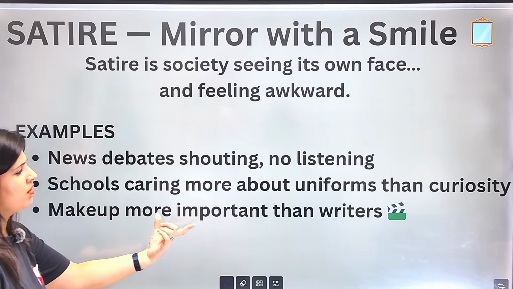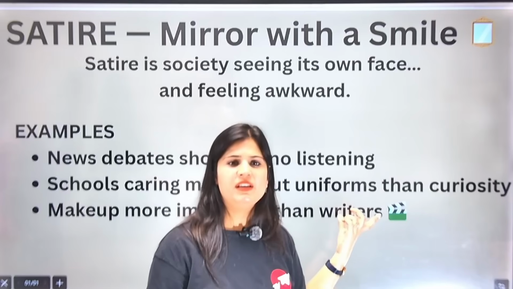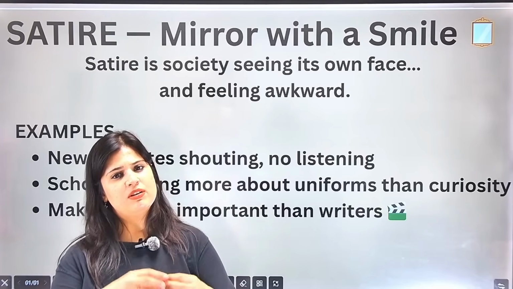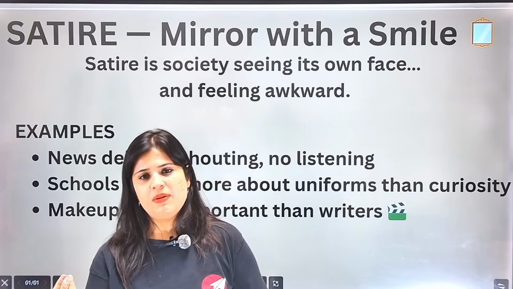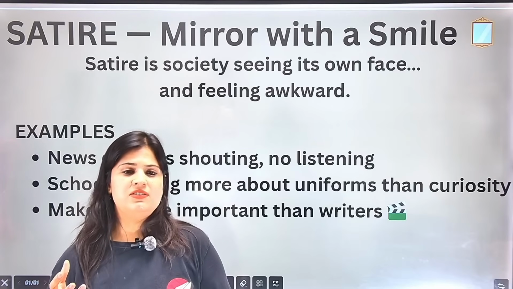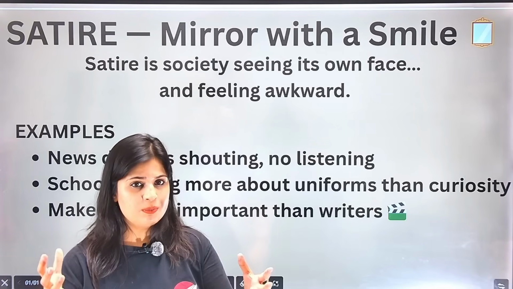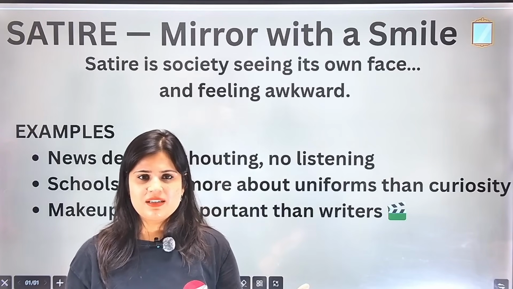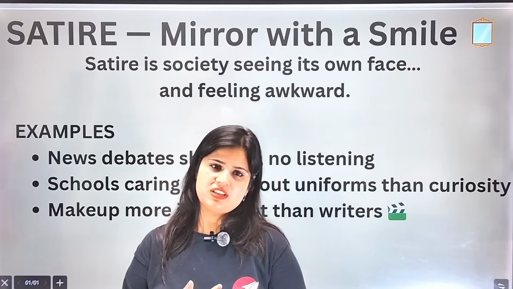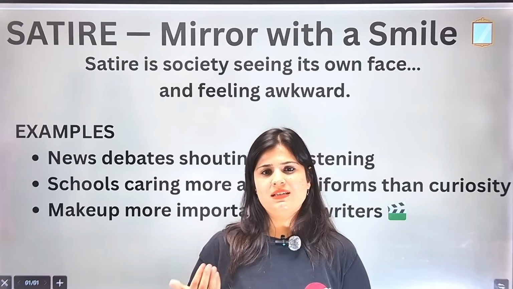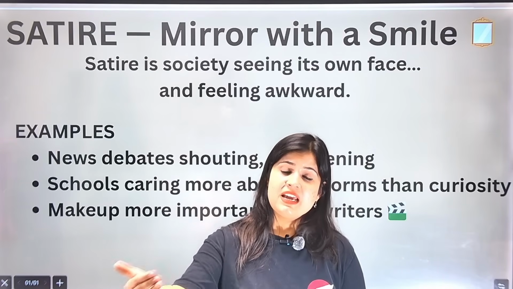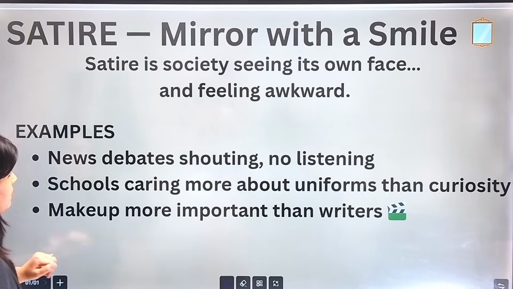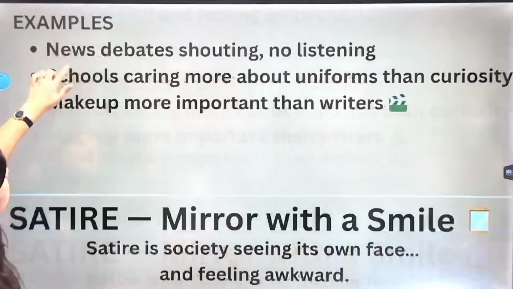Then makeup department more important than writers in the film industry. So this is also a satire on the film industry. So if you talk about the whole chapter, the Poets and Pancakes, collectively it is actually a satire on the film industry. I hope you know that. And many times in CBSE a question comes: explain the satire, how the chapter Poets and Pancakes is a satire, or how the chapter Tiger King is a satire on the society, etc. Many times the question comes, just be clear with it.